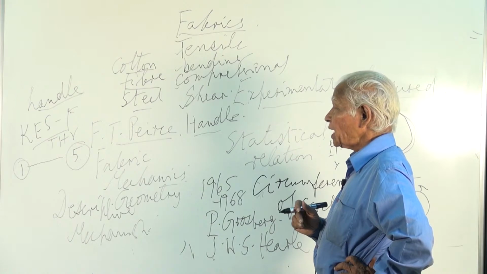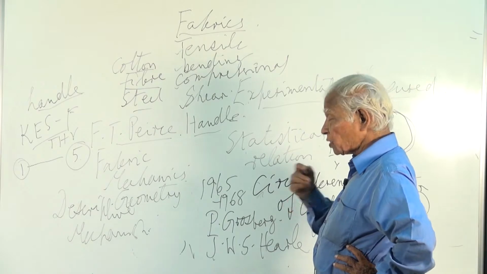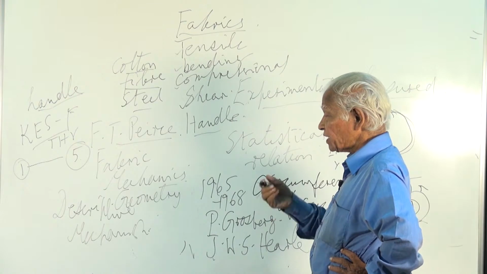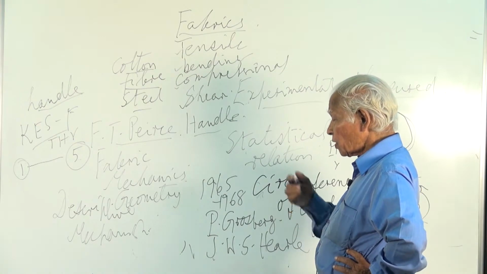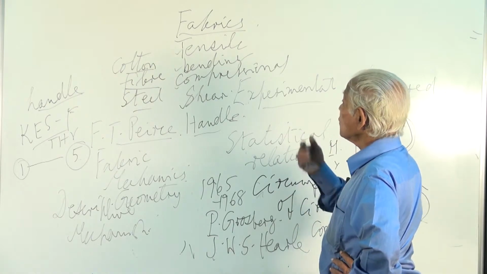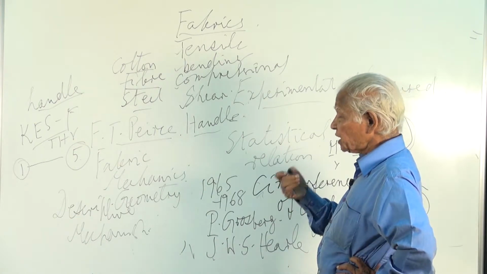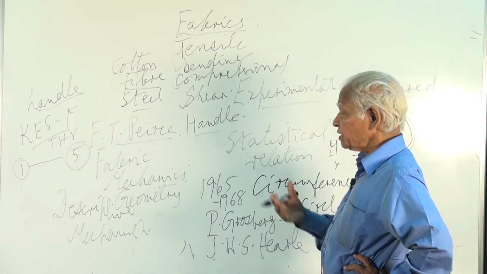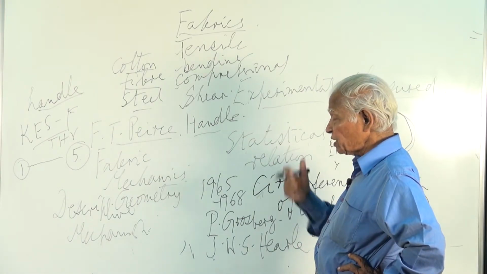handle value. And Kawabata evaluation system is a very useful system for assessing not only the handle, but the effect of finishes on the handle of the fabrics, effect of certain treatments such as plasma treatment or nanoparticle treatment or some chemical treatment such as mercerization or biopolishing or whatever it is. In fact, it is a very versatile system which has got the potential of giving us an idea about the handle of the fabrics following several treatments. Even for the industrial fabrics or the non-apparel fabrics as we call them, they can be used to find out